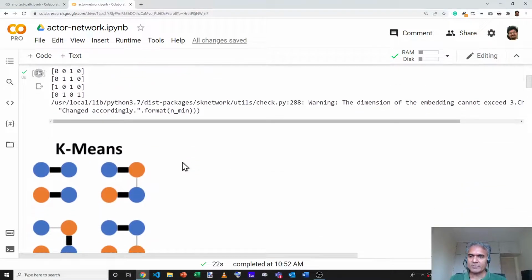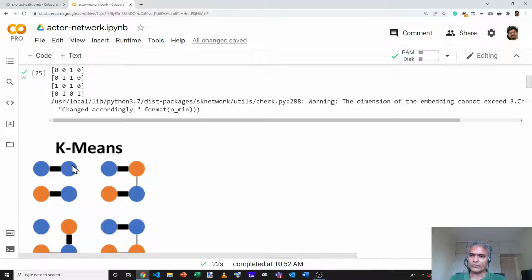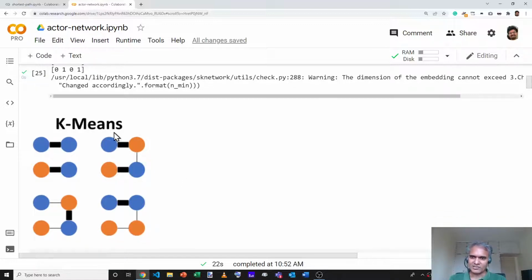Let's look at k-means. K-means says these two form a cluster, this belongs to that cluster, and this one's separate. Okay, that makes no sense. Then it says these two form a cluster when they're not even connected, and these two form a cluster. In fact, k-means clustering seems to give such bizarre results that I have a feeling I'm doing something wrong, but it certainly is not something that we are going to be using for our clustering algorithms.